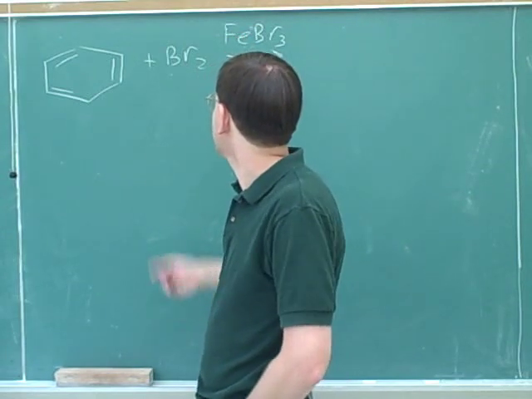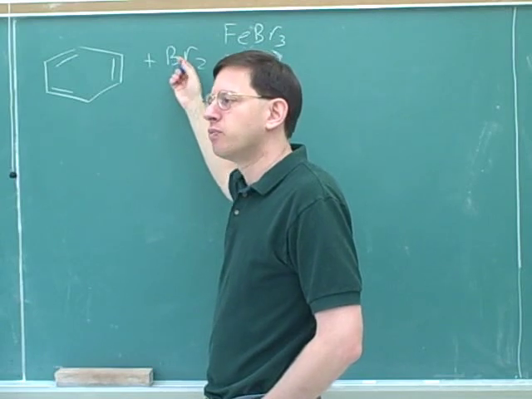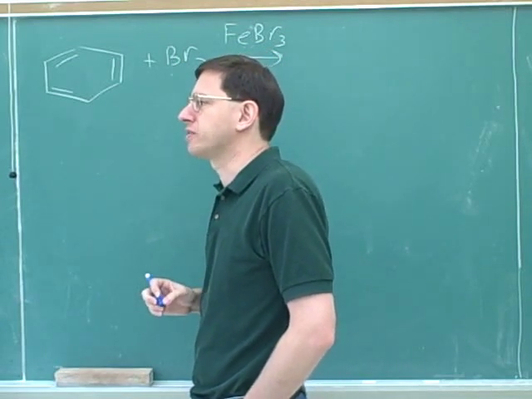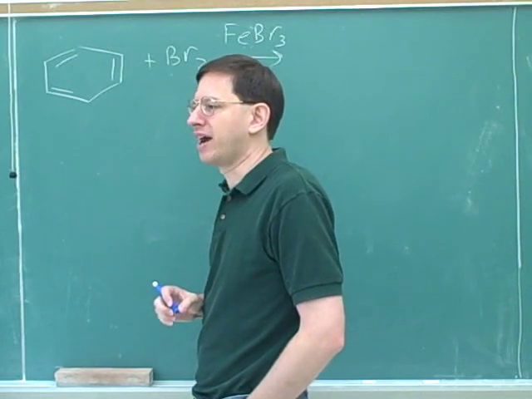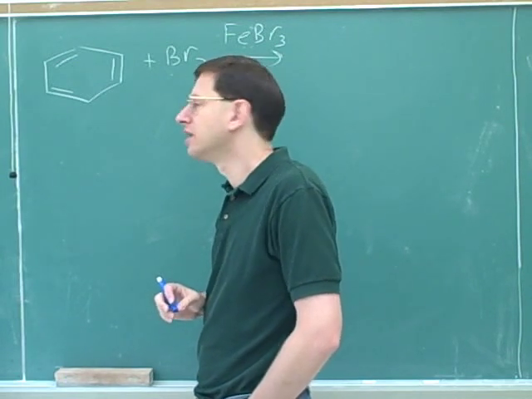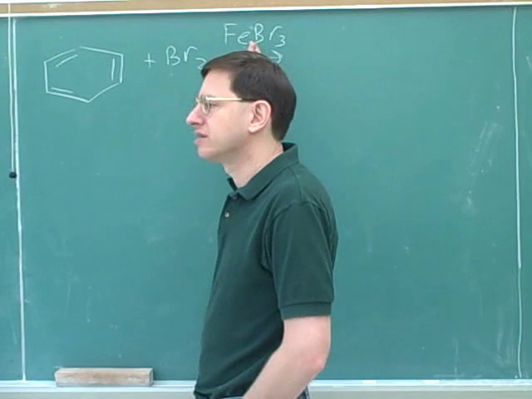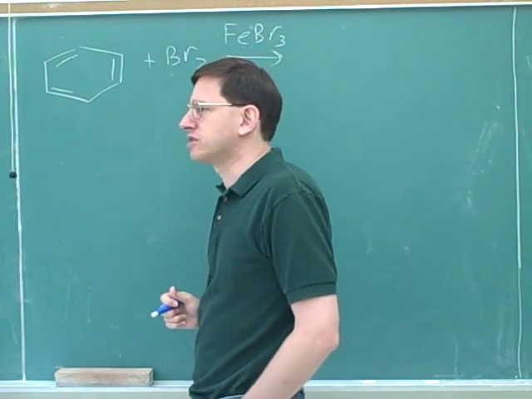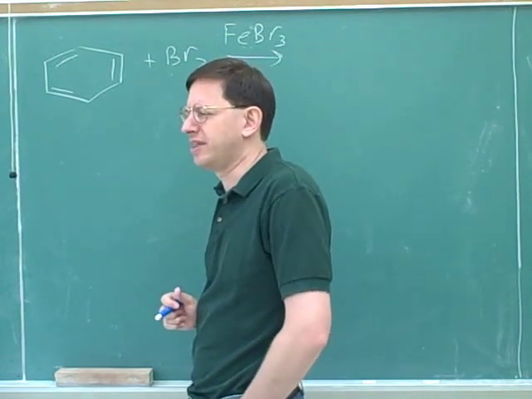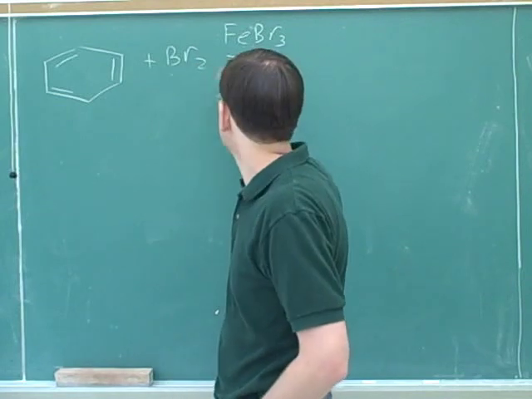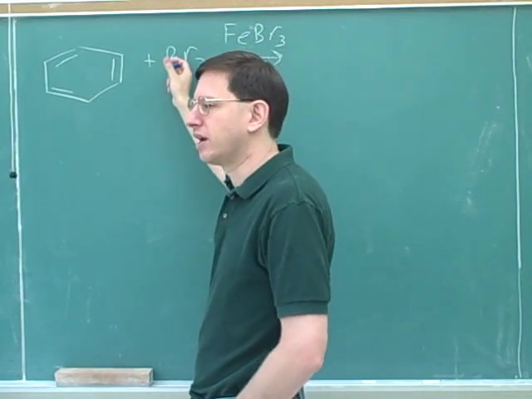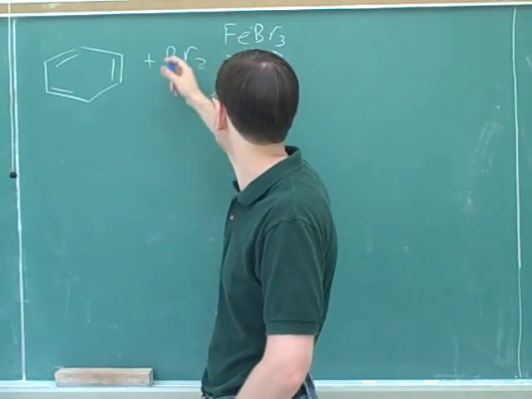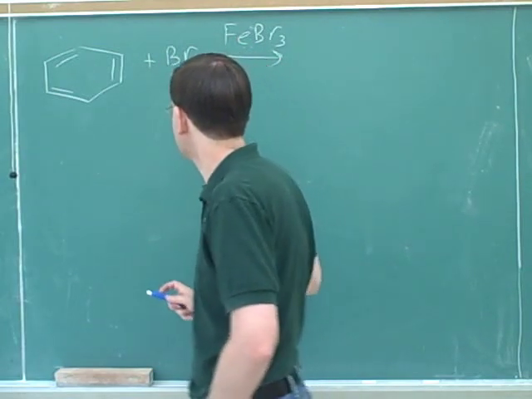Basically, what we need is something that will make this a better electrophile. Well, how do we make something a better electrophile? With an acid or a base? Acid. Yeah, acids make things into better electrophiles by giving them positive charges. This is a Lewis acid. In the past, we've usually used Bronsted-Lowry acids that donated protons. Here we're going to use a Lewis acid that just donates electrons, but either way that can make this into a better electrophile. So we need a catalyst for this halogenation reaction.